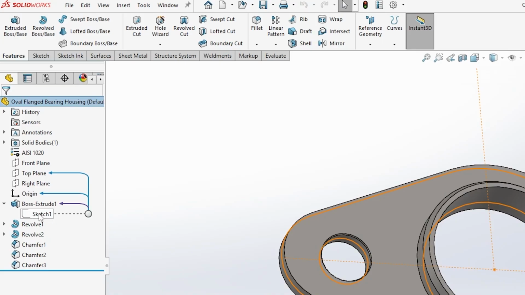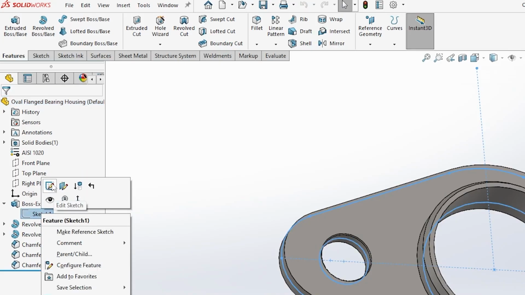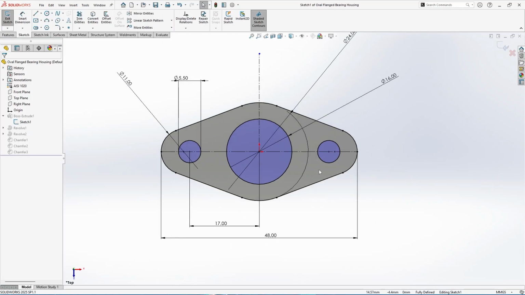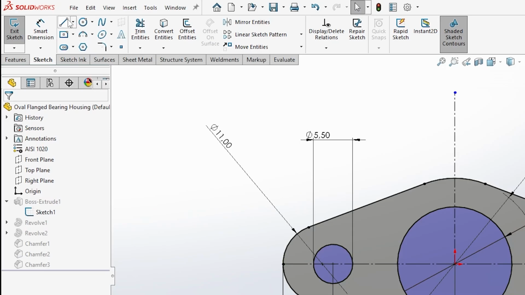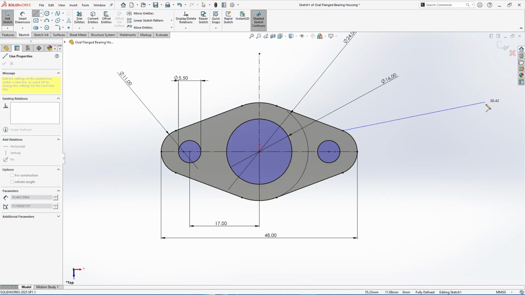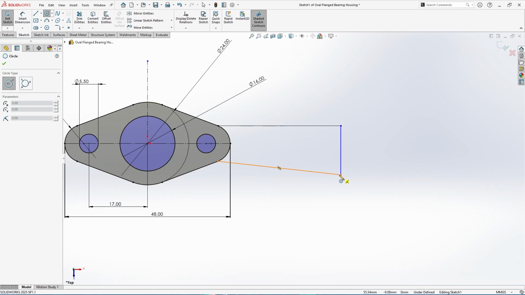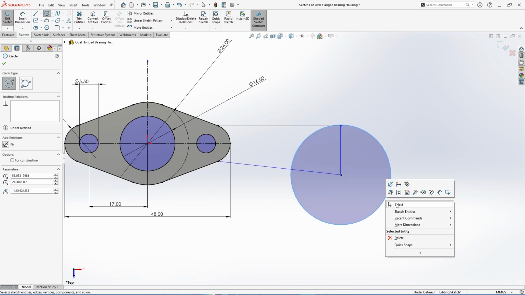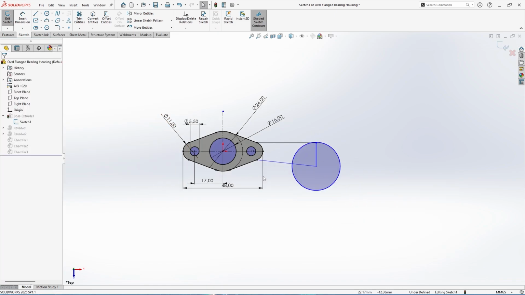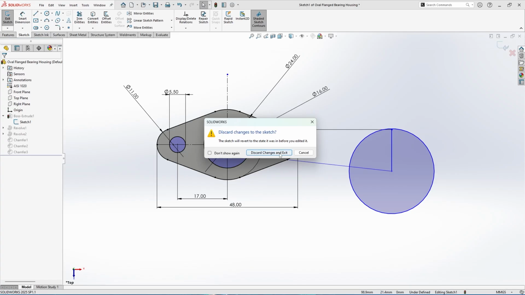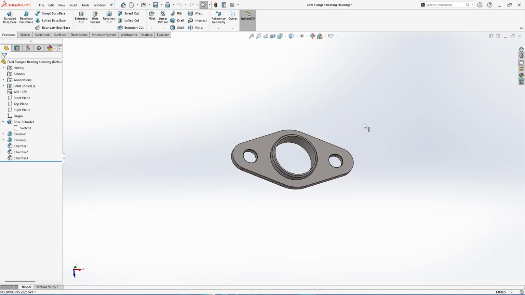First, in the Feature Manager tree, right-click the sketch you want to change, and click Edit Sketch. Now, we are inside the sketch editing mode. Let's say we want to add some shapes. From the sketch toolbar, select the Line tool, and draw a horizontal line. Then, click on the Circle tool and place the circle next to the line. This shows how easy it is to add geometry to an existing sketch. When you're done, click Exit Sketch in the top right. And just like that, we are back in the model view.